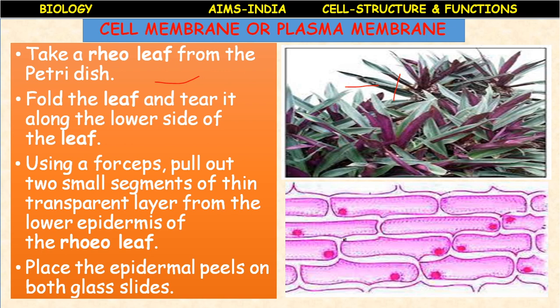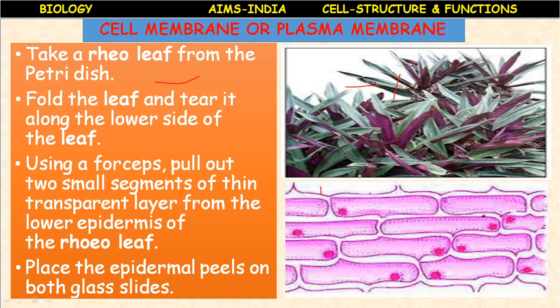When you observe under microscope, while observing you can draw the picture like this. You can see the picture like this. So here is the outer membrane, that is cell membrane. Before seeing it, you have to mount the slide. So to prepare the slide, you have to prepare a salt solution. Take 50 ml of water and dissolve 1 teaspoon of salt in it and stir it thoroughly, so that a solution is prepared. And after that you can place the slide